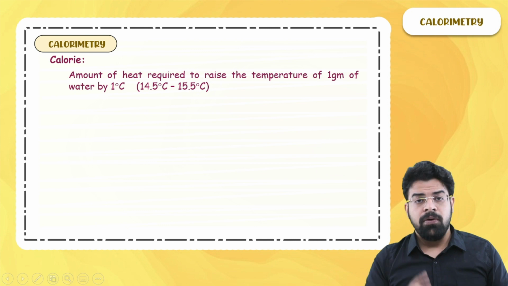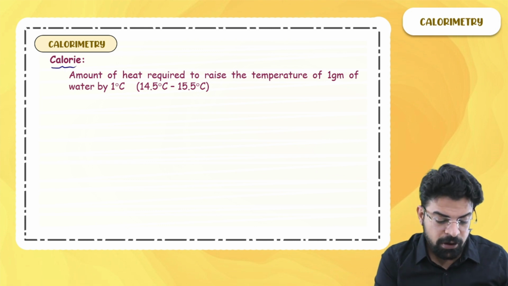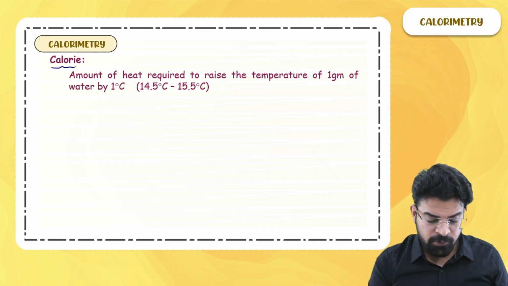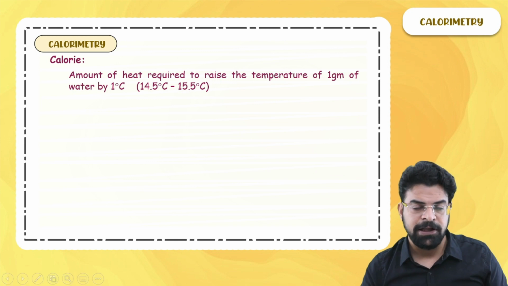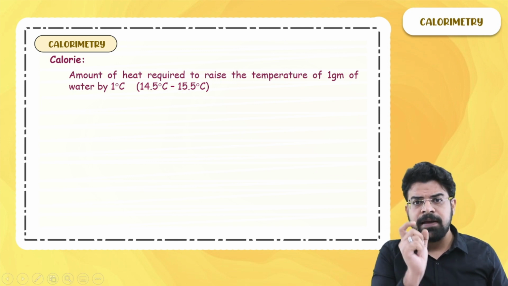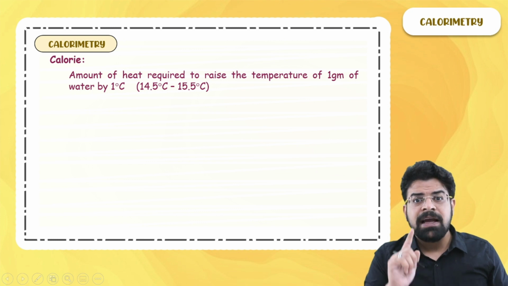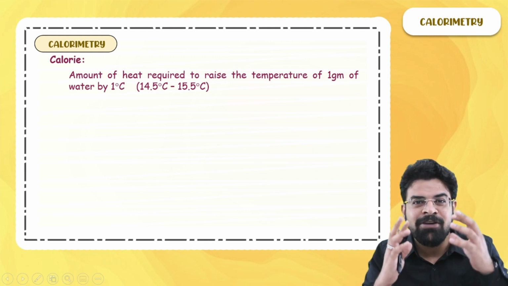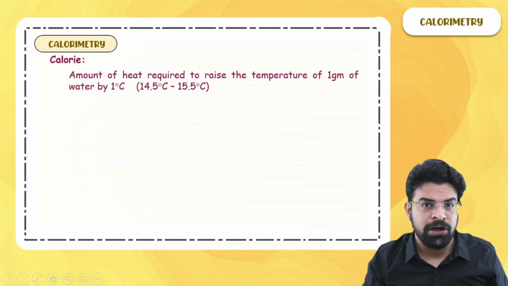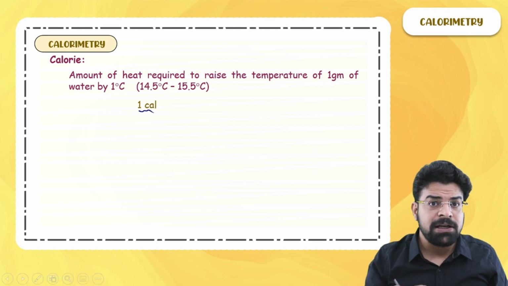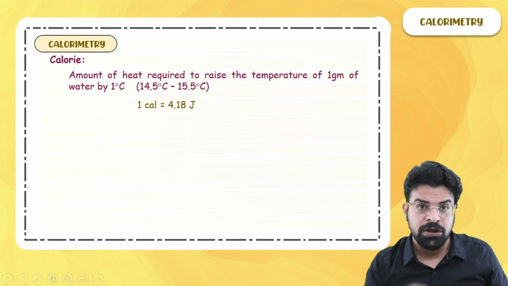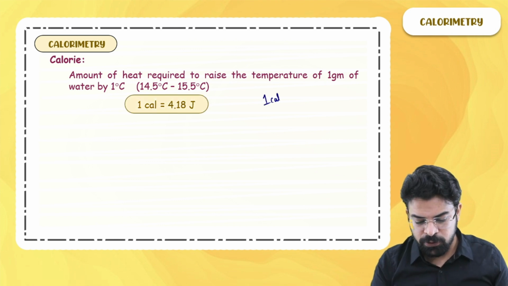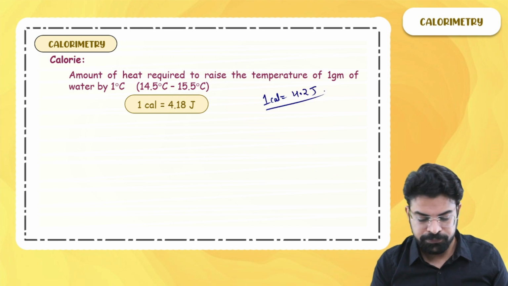Now do remember, specifically 1 calorie of heat is required to raise the temperature of 1 gram of water by 1 degree centigrade, specifically from 14.5 to 15.5 degrees centigrade. Now how do we convert calorie into joule? Remember that calorie is a bigger unit. We eat in calorie. So we like to take more energy and we like to speak it less. Calorie is a bigger unit. So remember that 1 calorie when converted to joule is equal to 4.18 joule. So 1 calorie equals to 4.18 joule. For the calculation purposes, I will use 1 calorie equals to 4.2 joules.